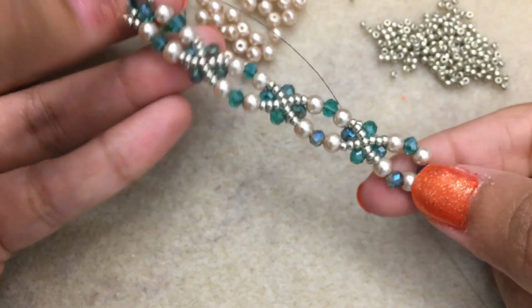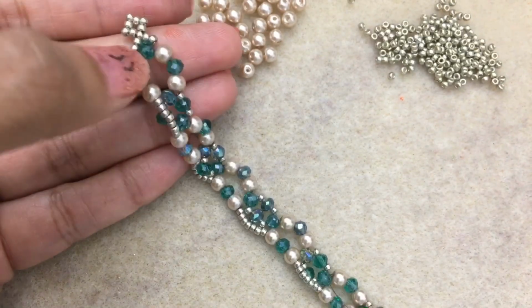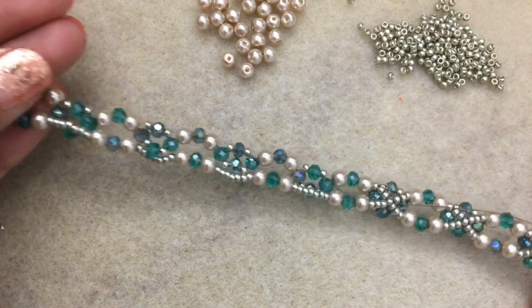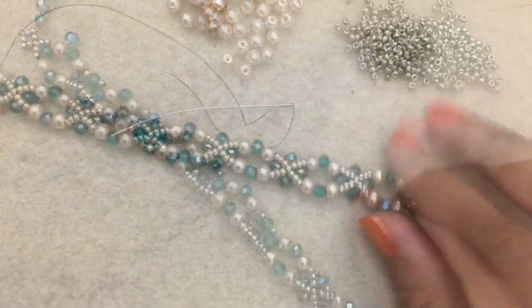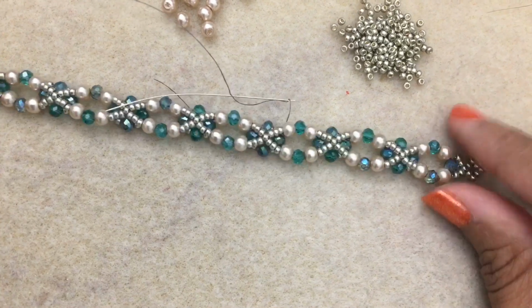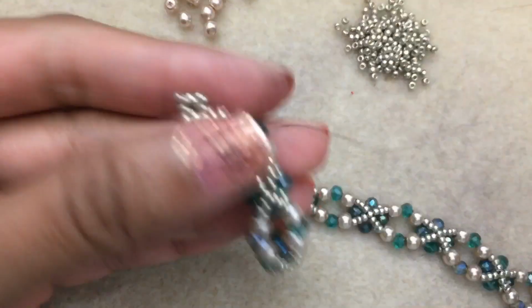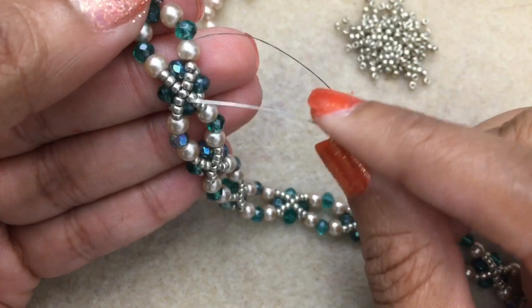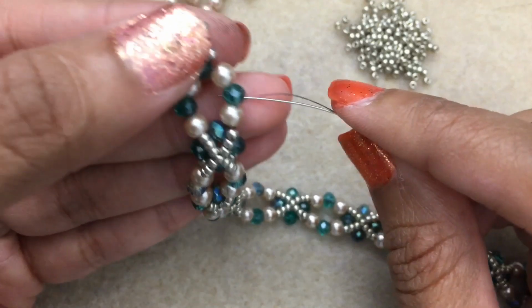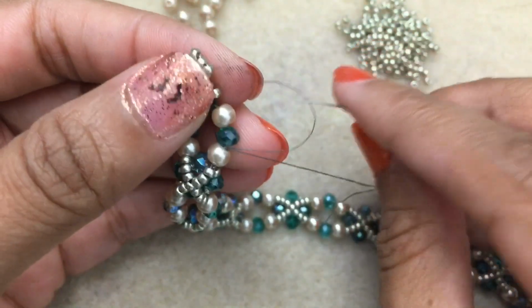And there you go. Very pretty, isn't it? So just keep going until you get to the end, and then we're just going to tie off. It's very simple. Alright, so I have completed all my little X's, and doesn't that come out really nice looking? So just to show you, I'm coming out of this pearl, I've added the 3, I'm just going to tie a 1/2 inch knot, just tie 3 1/2 inch knots,